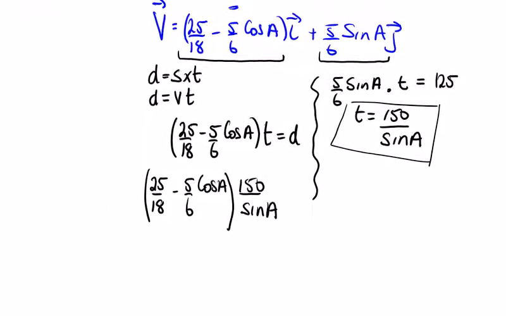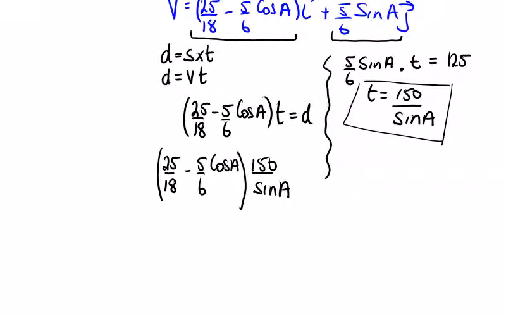Okay, there's always a tendency to try and simplify too quickly here. But if we type 25 by 150 divided by 18 into a calculator, we're going to get 625 over 3. So that's going to give me 625 over 3 sine A for this one times this one. And then 5 by 150, that's again my 750 divided by 6 is 125, and we would have 125 on top, cos A minus 125 cos A